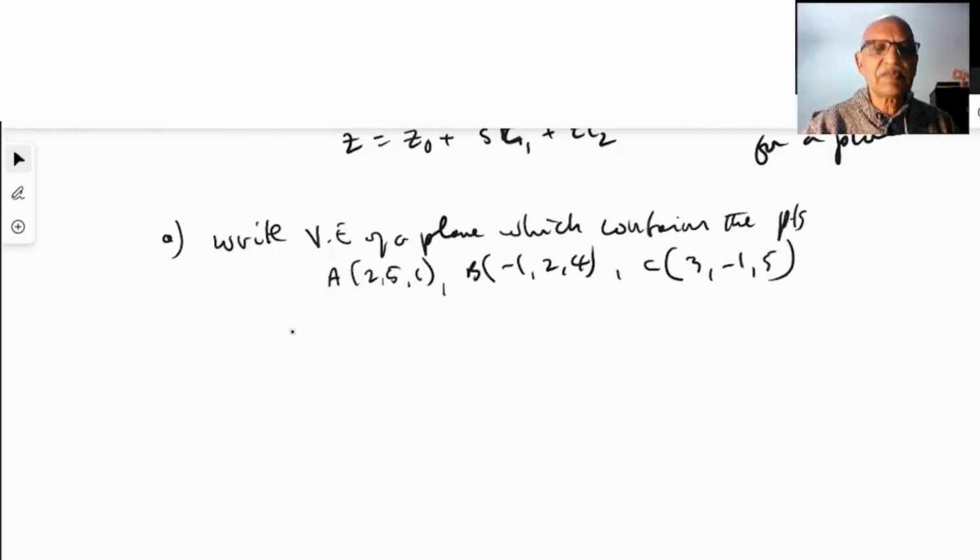It contains 3 points because we need 3 points in order to write an equation of a plane. Now from 3 points we have to find direction vectors. So we find one direction vector